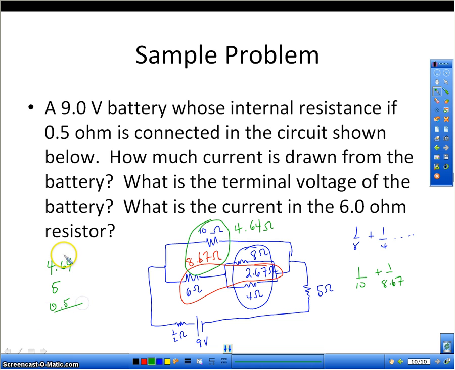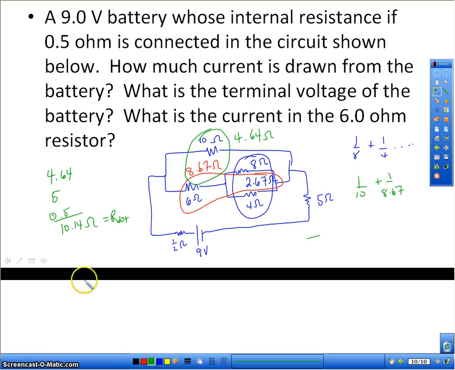You're going to add all of those together to get 10.14 ohms. That's your total resistance for your whole circuit. That means that your I total is going to be 9 divided by 10.14, which is 0.89 amps. Once you have your I total, you can find your terminal voltage, which is